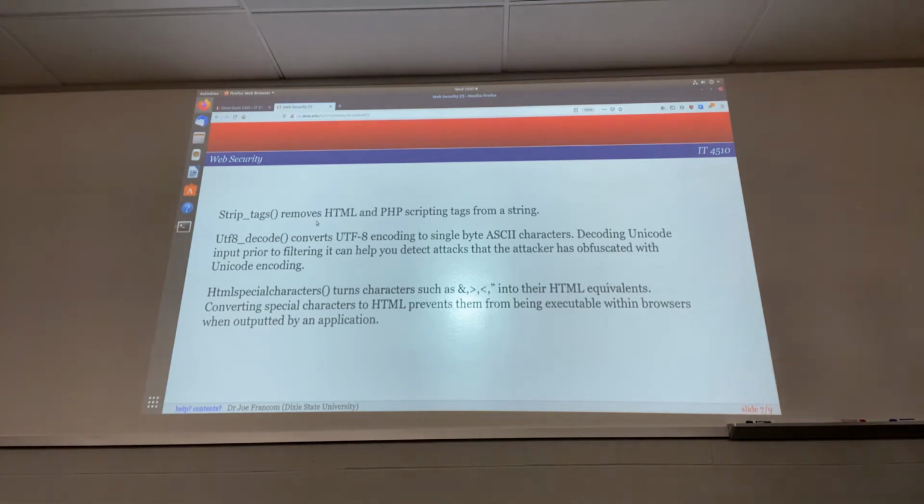You can decode Unicode characters prior to filtering, which helps you detect attacks that the attacker has obfuscated with Unicode encoding. What's Unicode encoding? Has anyone used that before? I know you've seen it. So instead of a less than sign, it's like ampersand LT maybe, or you can even obfuscate it with some sort of hexadecimal characters. I don't remember how to do it, but